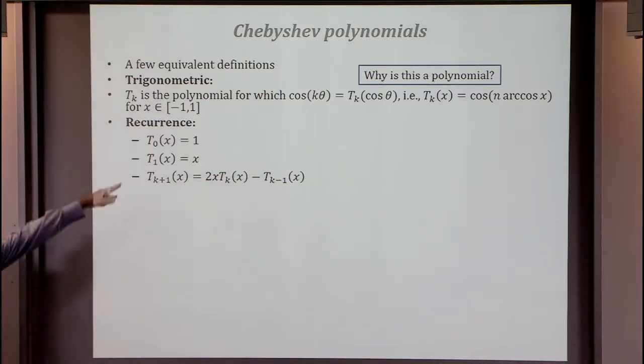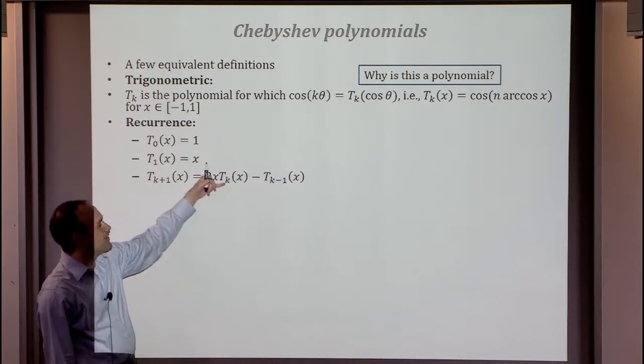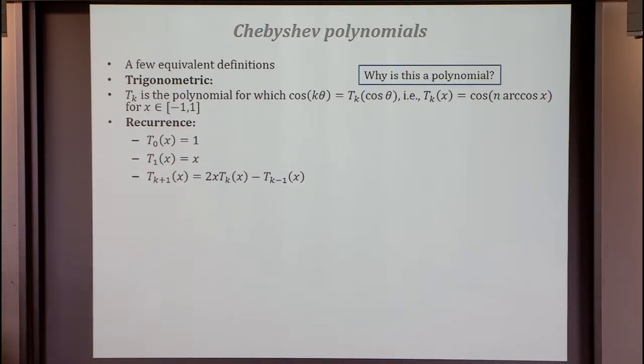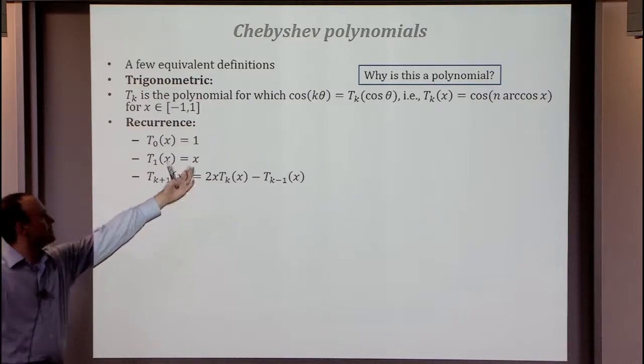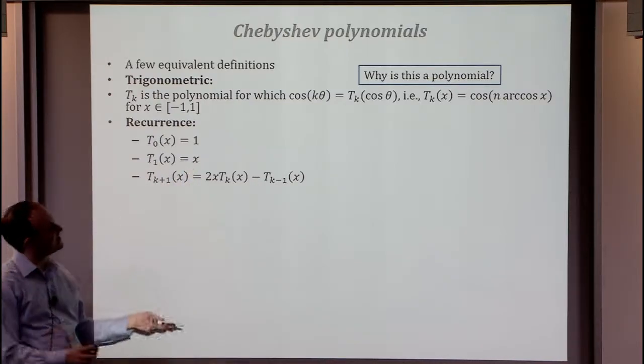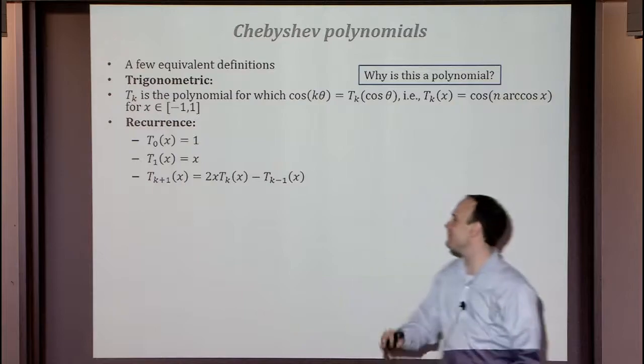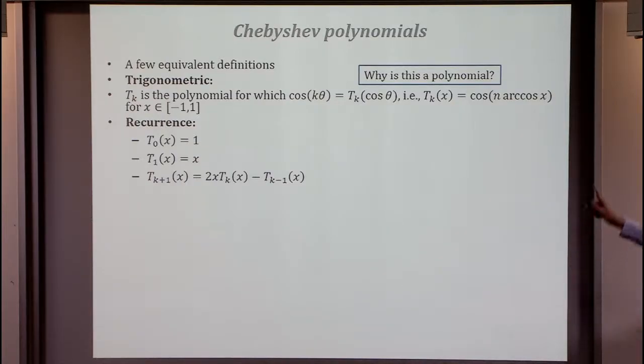So definition 2 is the following: these are my Chebyshev polynomials, and I assert that it's a very easy verification that they match my previous assertion. I'll define T_0 to be 1, T_1 to be x, and T_k to be this recurrence: 2x T_{k-1}(x) minus T_{k-2}(x). It's just a double angle identity, or whatever the version of that with k and k plus 1 is, to verify that it obeys these recurrences. And then we've now convinced ourselves that it is a polynomial.